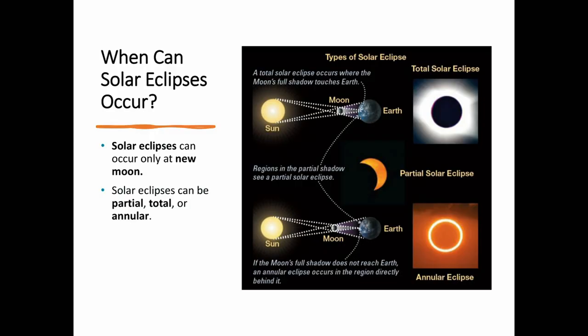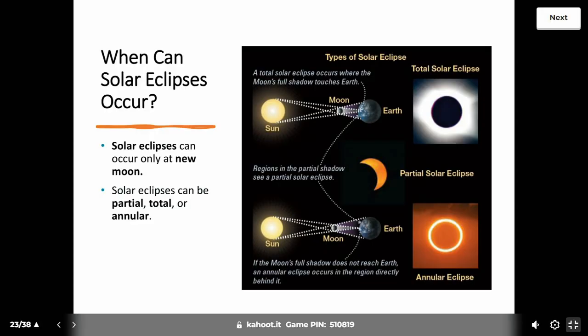So as the moon is going around the Earth, sometimes it's a little closer to the Earth and sometimes it's a little farther away from the Earth. When the moon is too far away from the Earth, its angular size in the sky will actually be smaller than the angular size of the sun. And so when the moon is just a little too far away from the Earth, you'll get an annular eclipse. Certain conditions that you have to meet in order to get a total solar